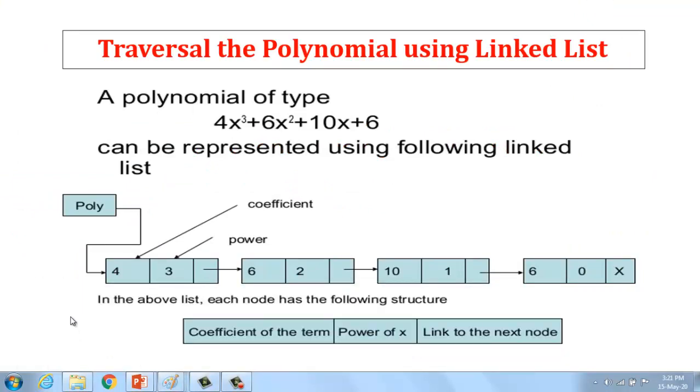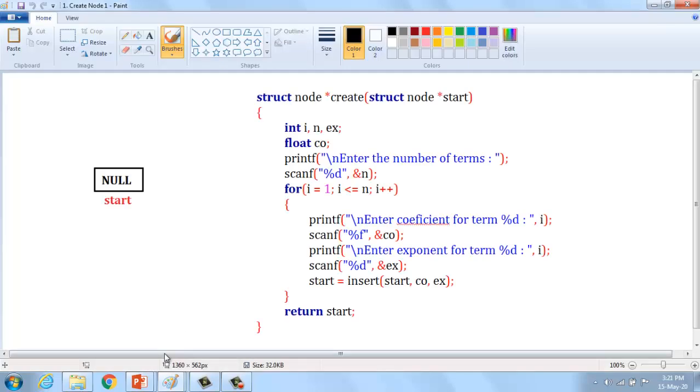How to create a polynomial and how to display a polynomial using a C program. Look here. struct is called a structure keyword, node is a tag name, and then we are going to create a pointer variable, that is a pointer function, star create.